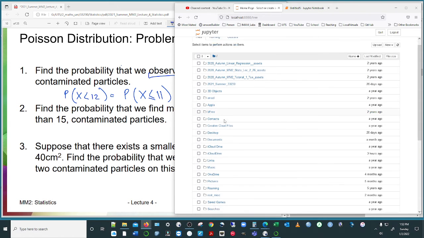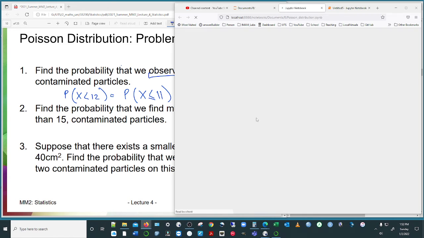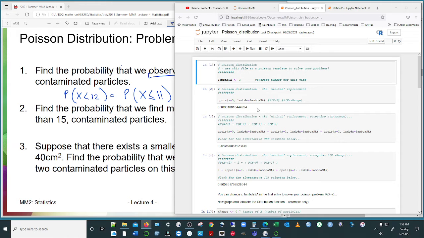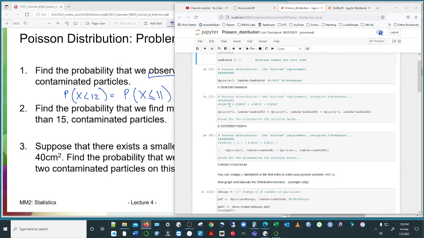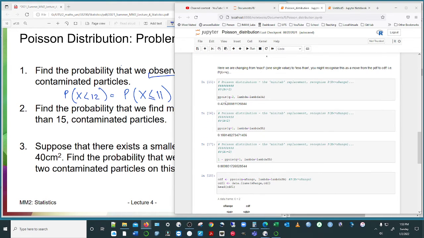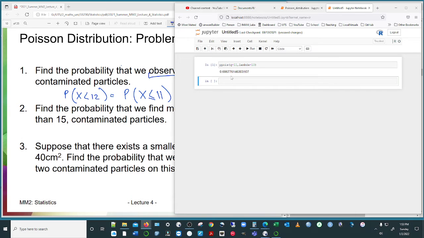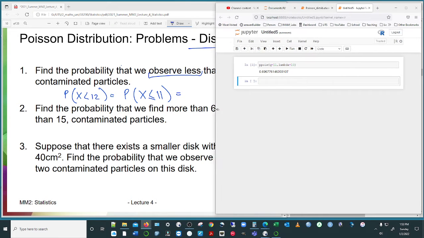So I've got to go to my documents, and I've got to go to the Poisson distribution. dpois lambda. Aha, see, when you change it, q equals 2. So I just have forgotten that's all. Instead of being x, it's got to be q. So by all means change it to p, but just change that to q. 0.696 is the one that I wanted. Okay, 0.696 is the one that I wanted.